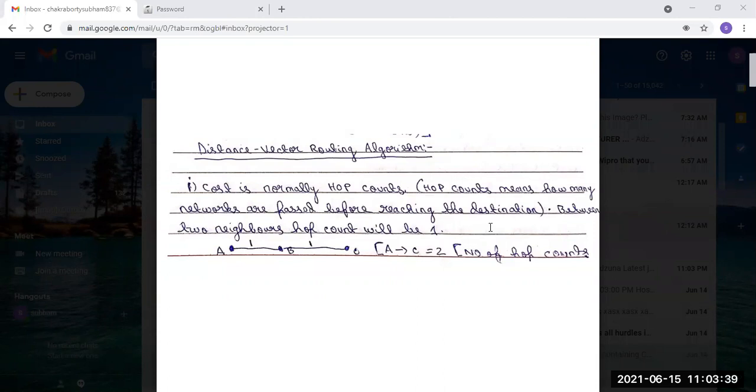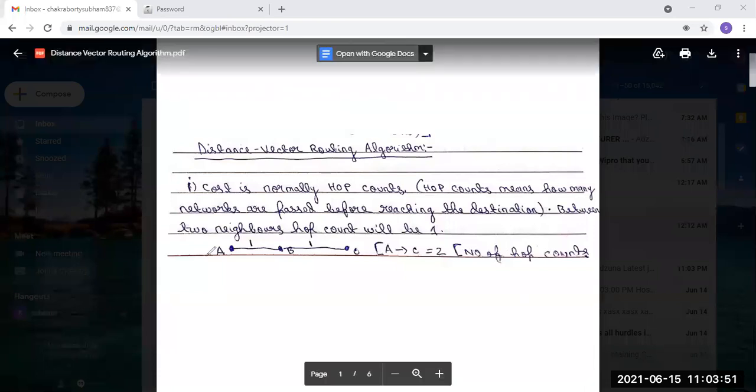Hop count means how many networks are passed before reaching the destination. Between two neighbors, the hop count will be 1. As an example, let's say A is a network, B is a network, and C is a network.